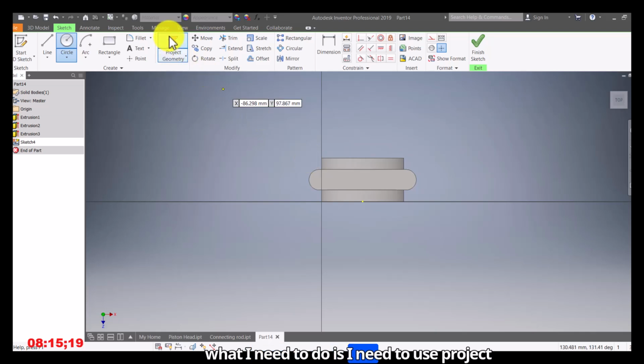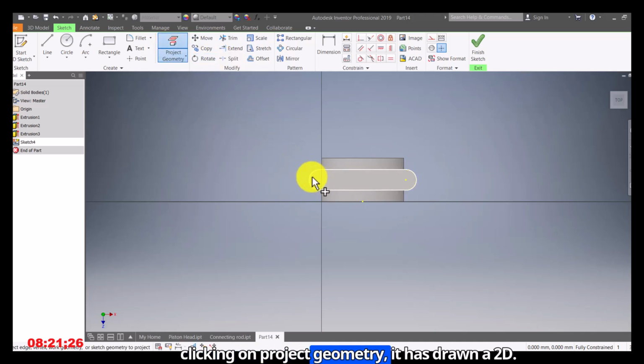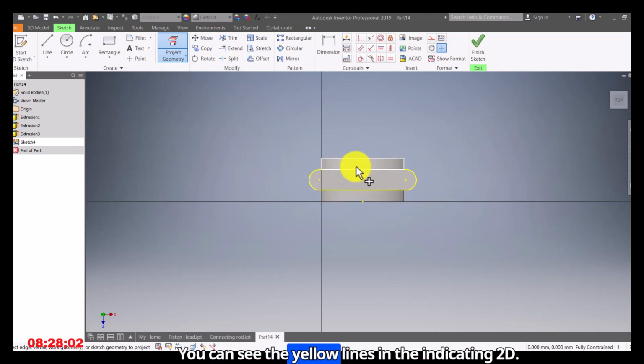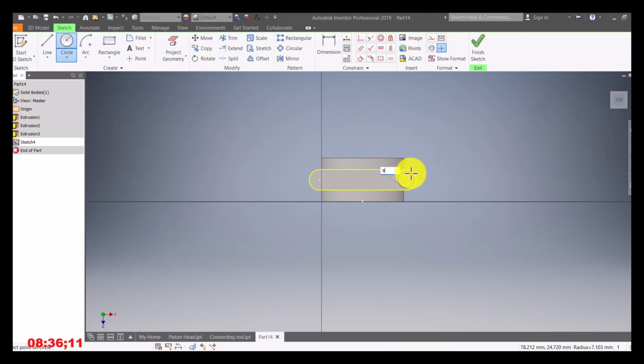So what I need to do is use project geometry to outline the edges of the 3D. Now, by clicking on project geometry, it has drawn a 2D, it has outlined a 2D around the edges of the 3D. You can see the yellow lines indicating 2D. So easily now I can pick the center of the circle. So I have a concentric circle. Diameter 9, another one, diameter 9, then finish sketch,